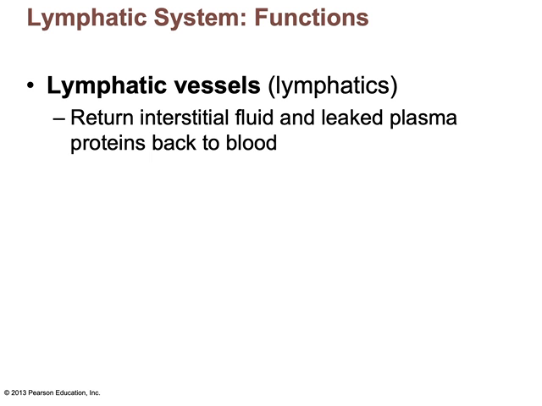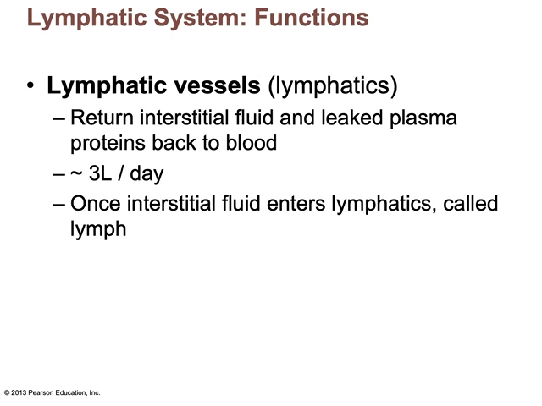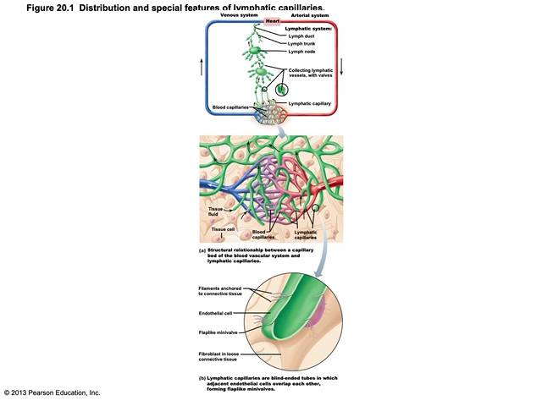The lymphatic vessels return interstitial fluid and leaked plasma protein back to the blood at a rate of about 3 liters daily. And once the interstitial fluid goes into the lymphatics, we call it lymph. And you can see here that it's at the capillary ends of the circulatory system that this is going to occur, right? We have blood flowing in through arterioles into capillary beds,